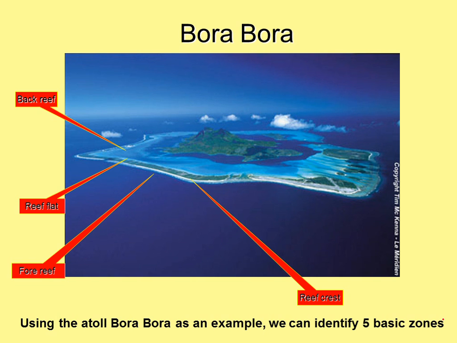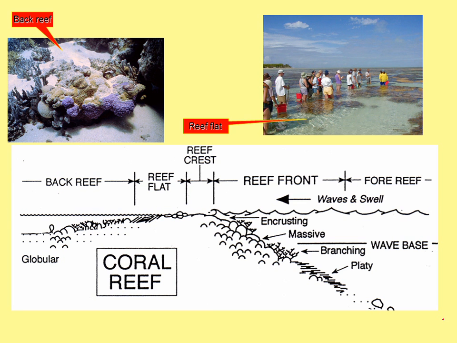So there are different parts of the reef where the carbonates form. Here you've got the back reef 1, reef flat 2, reef crest 3, reef front 4, and fore reef 5. So that's the 5. And you can see there's a depth difference. Obviously, the reef crest typically will be in the surf zone. This would probably be normal wave base; storm wave base obviously would be deeper than that.